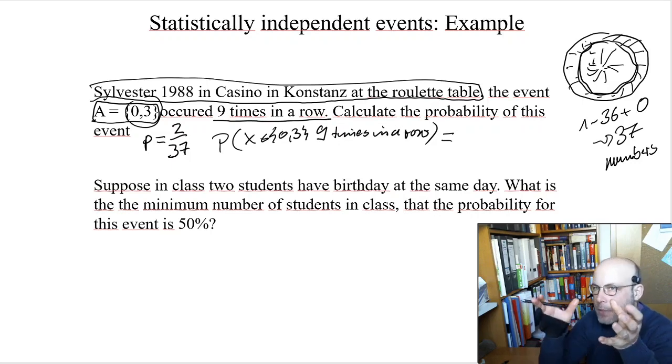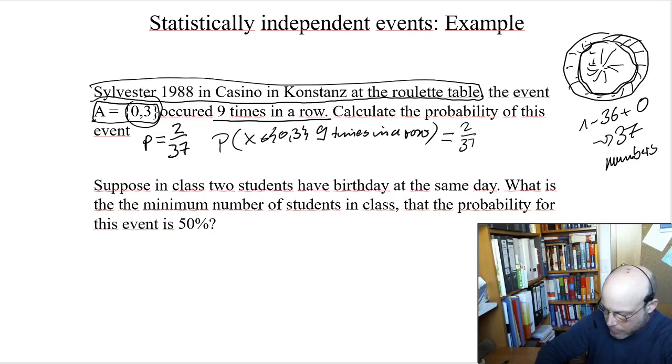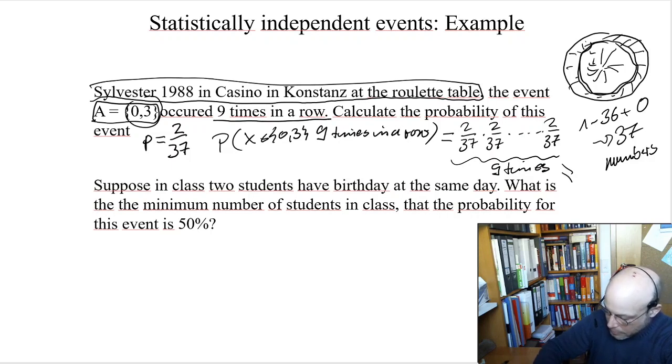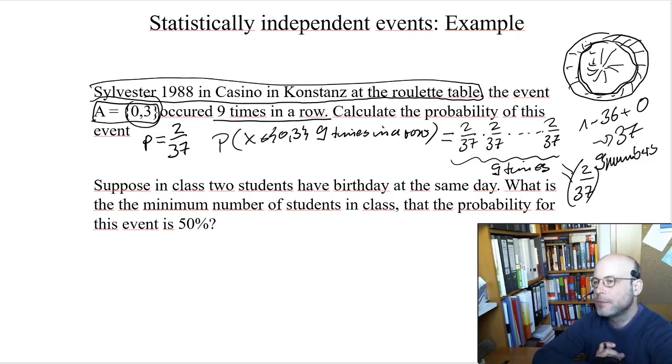Well, if we take only 2 times, then it would be 2 over 37 times 2 over 37. But we have it 9 times in a row, so 2 over 37, this 9 times, and this equals 2 over 37 to the power of 9. Well, and now I take again